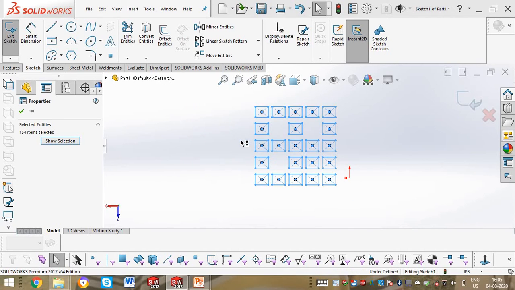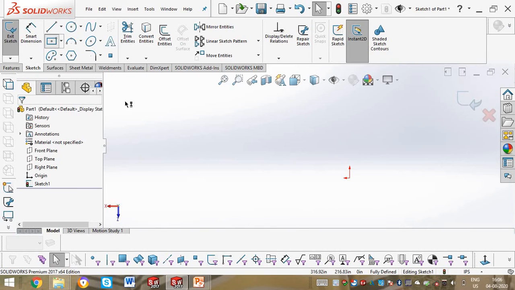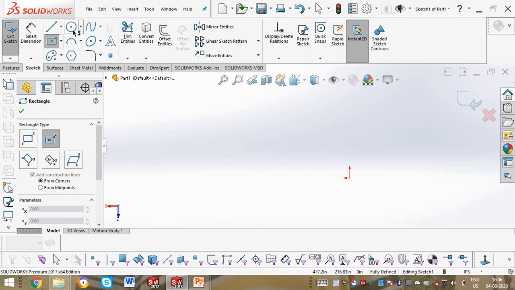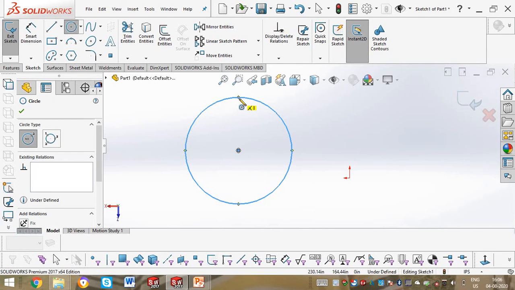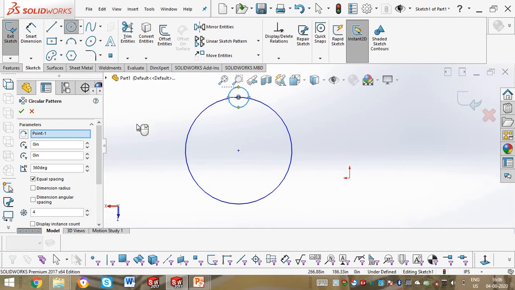Next, we will move to circular sketch pattern. As we know, the linear and the circular, these are the two patterns that are present in SolidWorks Sketcher. I will draw one circle which is for reference. I will draw the circle entities to pattern along this circle.